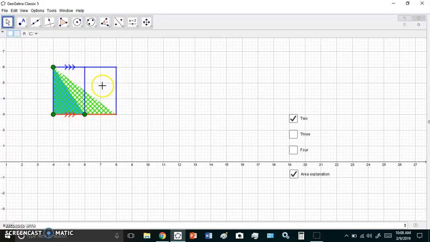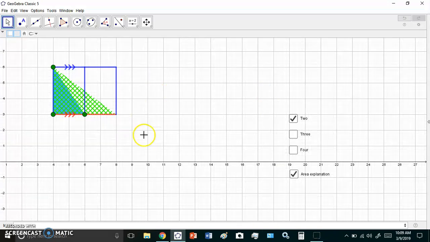If this is the whole rectangle, then you can divide it into 2 triangles, and by equidissection and rearrangement, you can have the same rectangle again. In other words, this area here is the same as the green shaded area. All right? So I hope that answers your question, and it's a very interesting point because you'll be surprised how